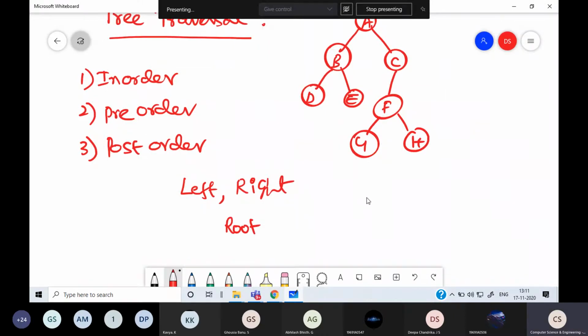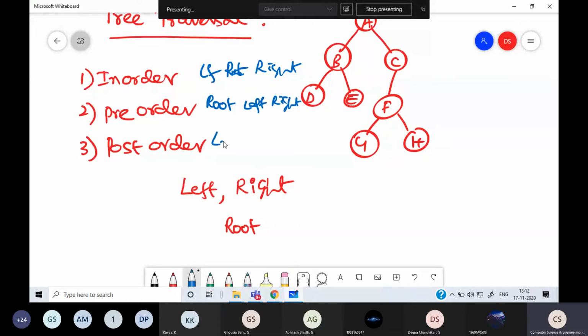In in-order traversal, we visit the root node between left and right: first the left node, then root, and right. In pre-order, first root, then left subtree, and right subtree.